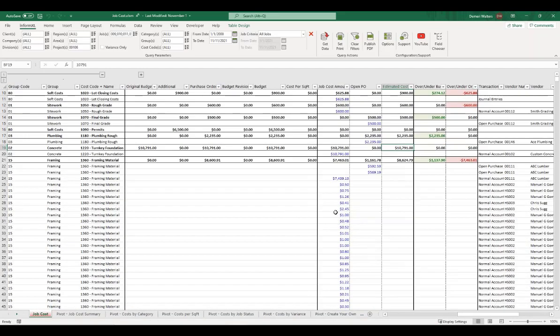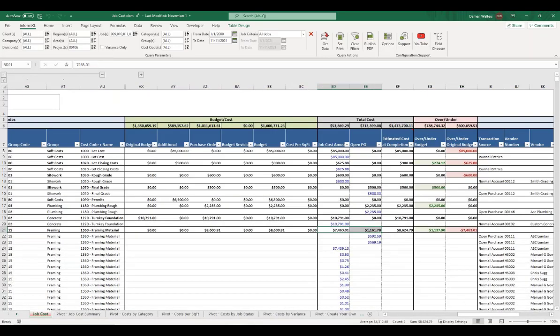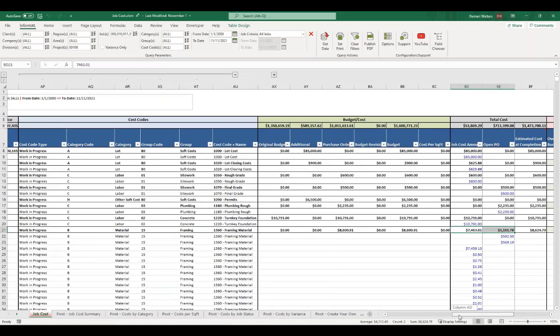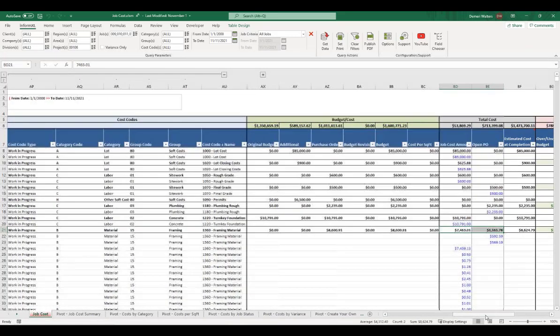Okay. A bit of a more complicated example here for framing. We had no original budget. We do currently have a budget of $8,691. But between our job cost amounts and our open POs, we've already spent $8,624. Okay, so that's a bit over this budget here. So it's going to assume you already hit your budget, you passed it a little bit, there's nothing special in the system for that cost code. We're going to assume you are done spending for framing material at that $8,624. Okay, I wanted to talk through that a bit because it's the combination of that estimated cost to complete